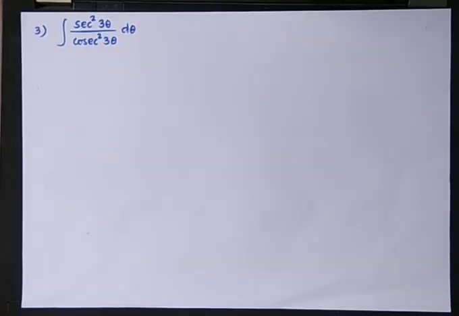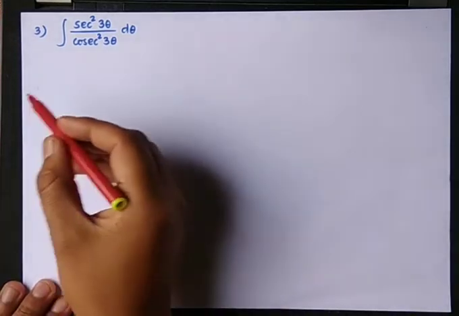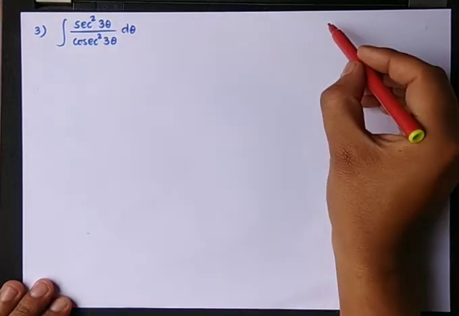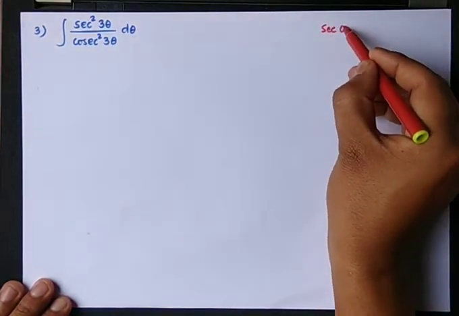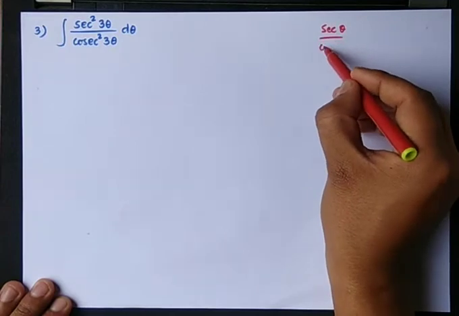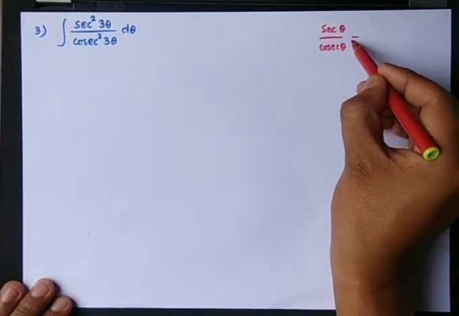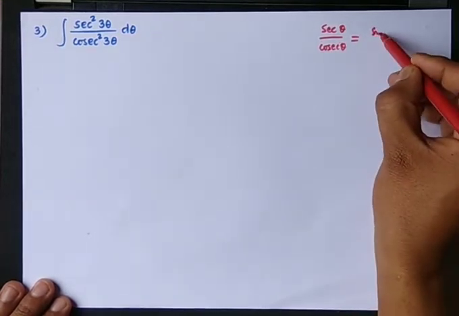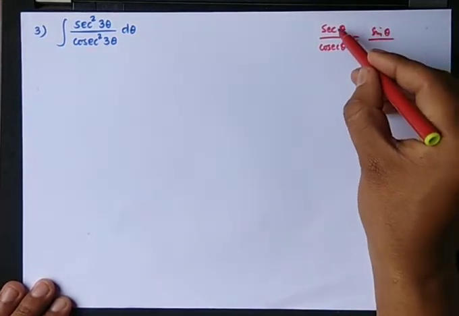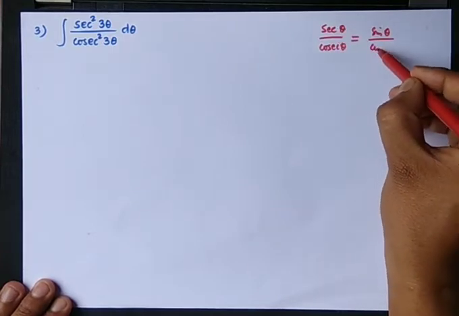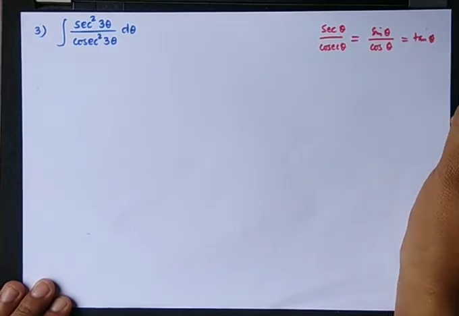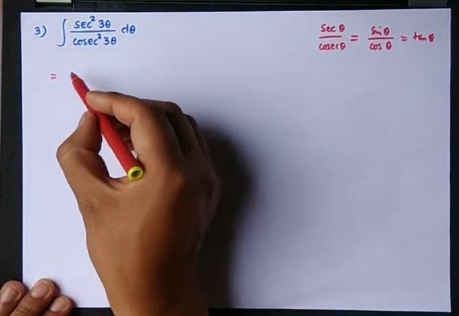Now let us check this problem. To do the sum, we'll see whether this can be modified or not. We have sec theta by cosec theta. When it goes up, if I take the reciprocal of this, it becomes sine theta. When we take the reciprocal of sec theta, it becomes cos theta, and we know that sine theta by cos theta can be written as tan theta. So this can be written as tan square